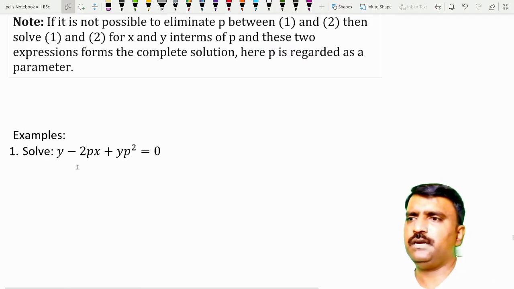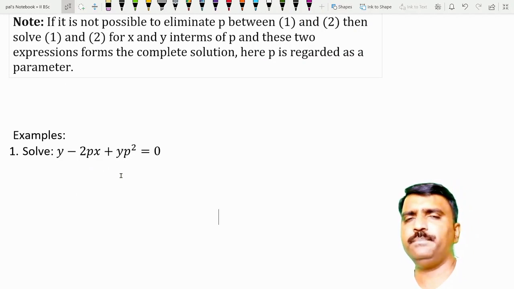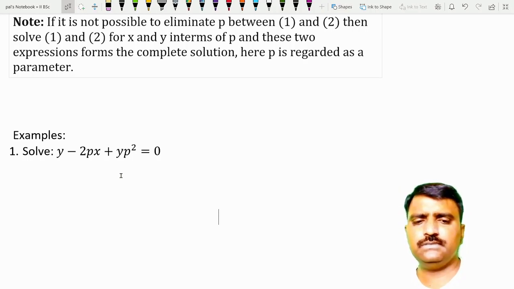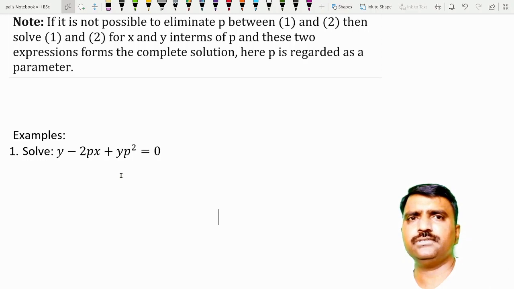Okay, so now you take y minus 2px plus yp square is equal to 0. Yes, we can separate x is equal to some function of